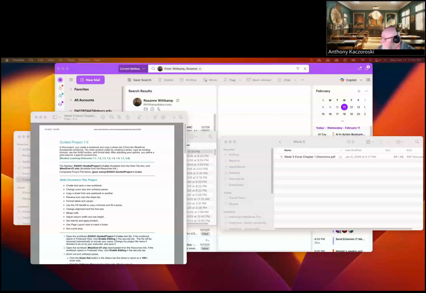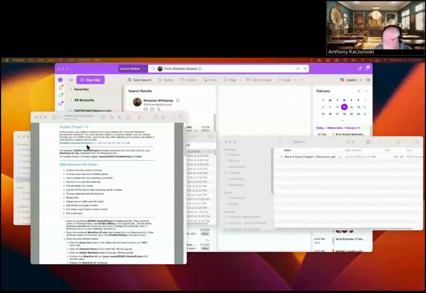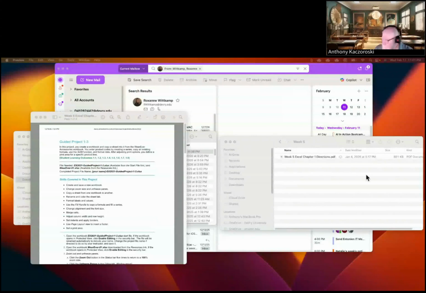Let me bring that up. There we go. Okay, so I do not have access to SimNet for this, but Dr. Wintkamp has given me the instructions and the start file. So here are your instructions. This is what you're going to see when you log into SimNet. Let me make sure I'm showing the right screen. Correct. Okay. You're going to see these instructions, and basically these are the skills that we're going to be